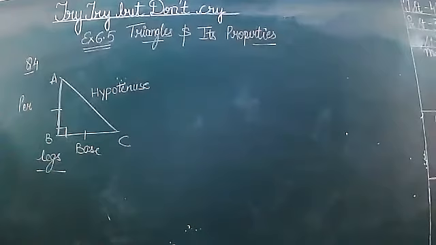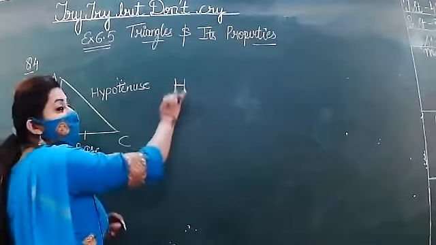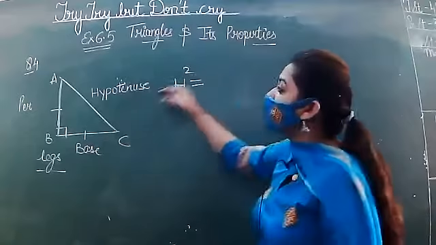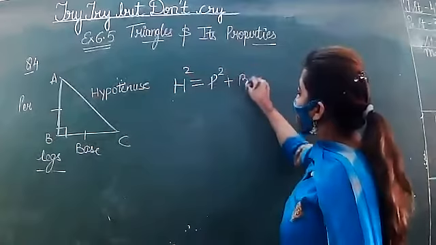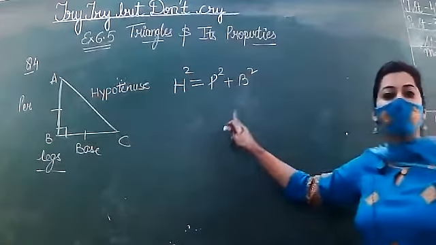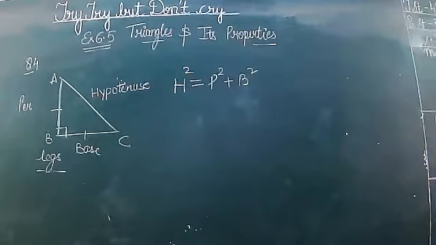Okay? And in the case of the right angle triangle, if one of the sides is missing, then you can apply a theorem that is known as Pythagoras theorem. Pythagoras is the name of the mathematician who derived this result, and the result is named after him. The result is hypotenuse, H stands for hypotenuse, is equal to perpendicular, P, and base, B. So hypotenuse square is equal to perpendicular square plus base square. By this you can get any missing side of the triangle.